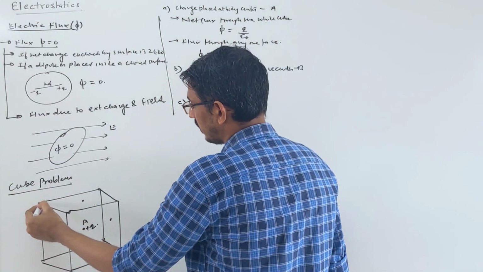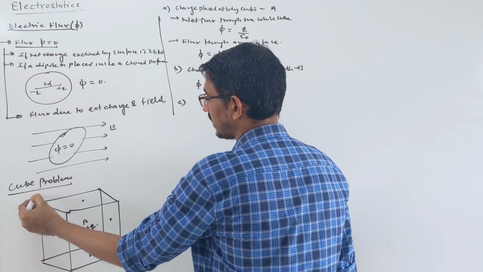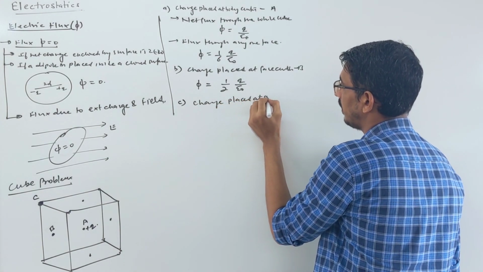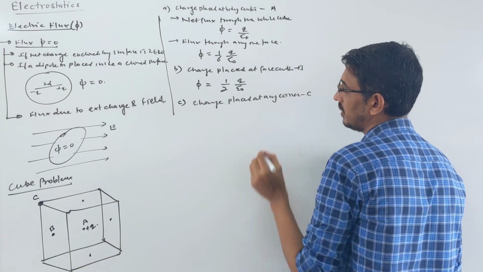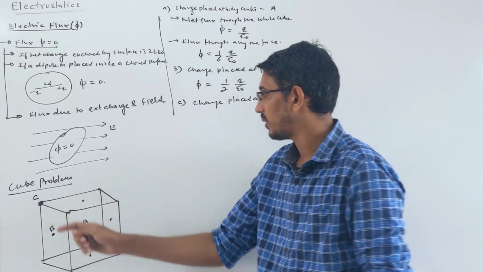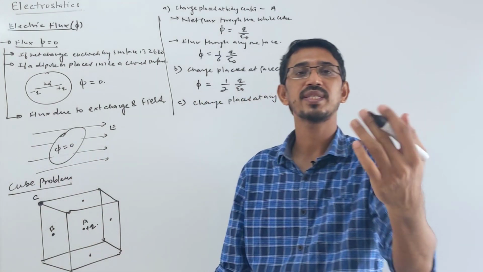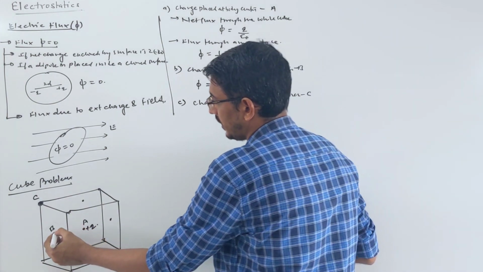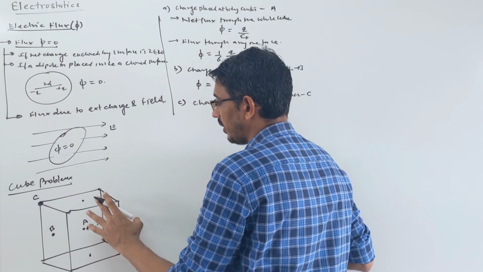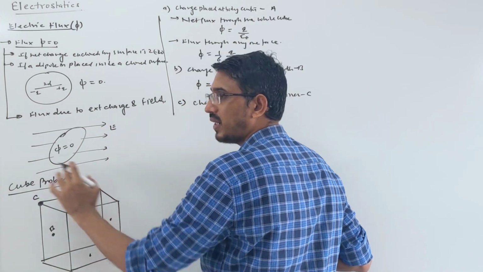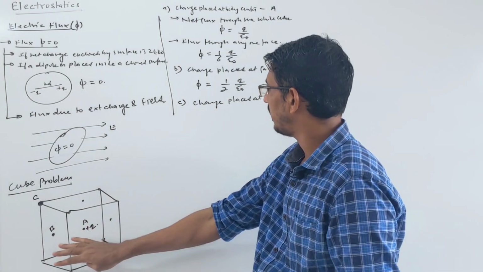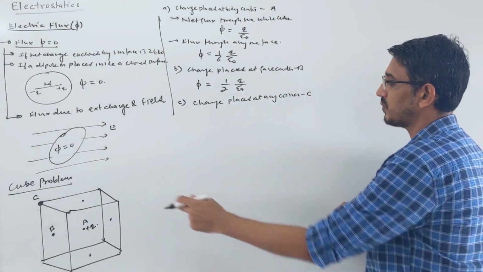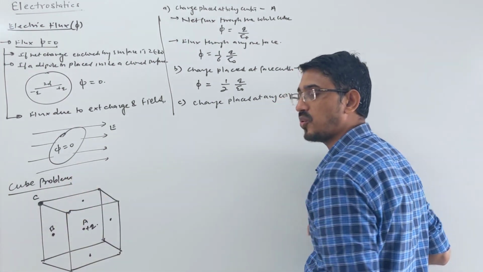Then suppose you put it here. This is called a corner. You put your charge at point C. Charge placed at any corner like C. So again you know from chemistry that when you put your atom here, how much part will be inside? What is the answer? 1 by 8. Actually, you can understand this another way also. You put a charge Q here, then if you put a similar cube here, then it will be completely inside. Okay, this I will discuss separately. I will give another example, like half the body is given, you can complete it. That I will discuss separately. First focus here. If a charge is placed at a corner, how much does it contribute?